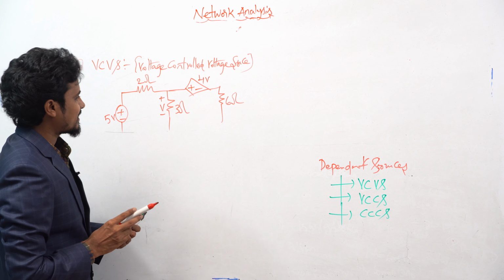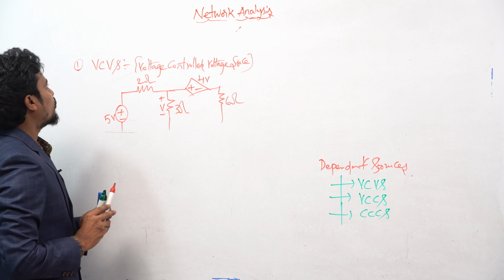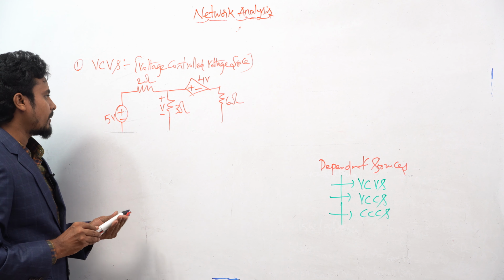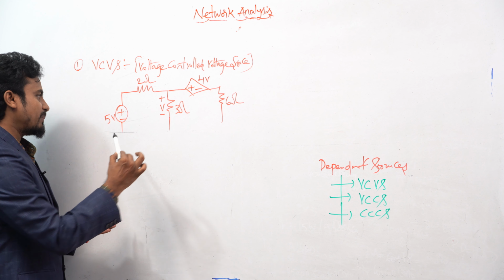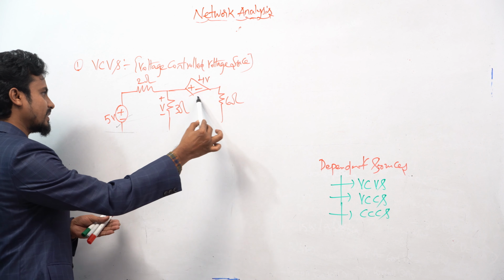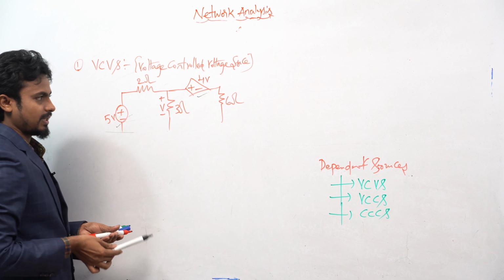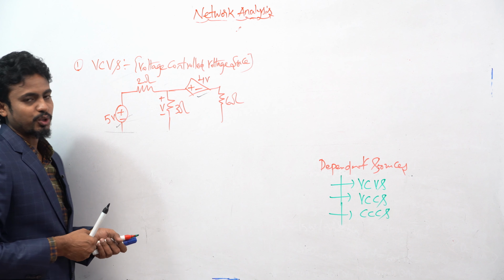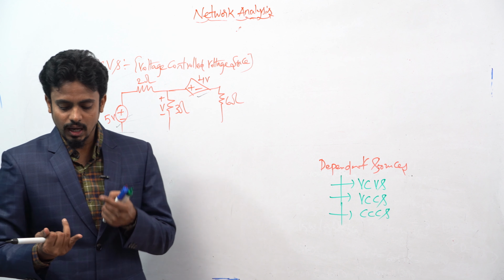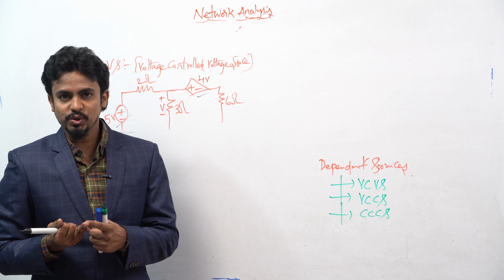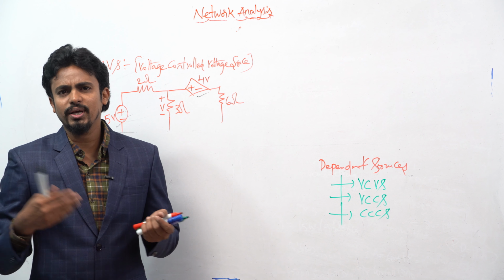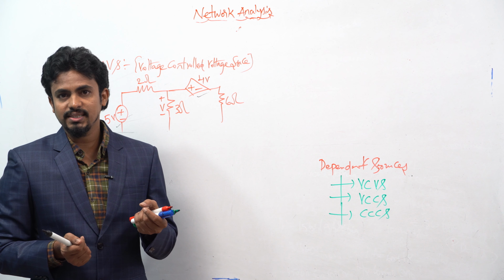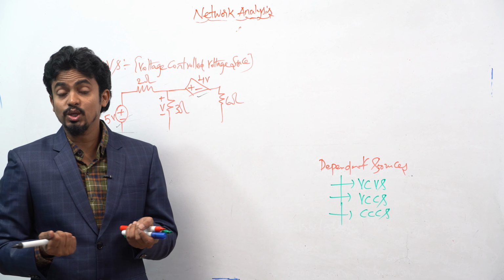Okay, this was the circuit for the simple voltage controlled voltage source. Here you can observe that for this type of circuit you have independent sources as well as resistors. If you want to relate this to practical circuits, you have a combination of independent sources as well as resistors. In some cases they will also have inductors as well as capacitors. That is also possible.